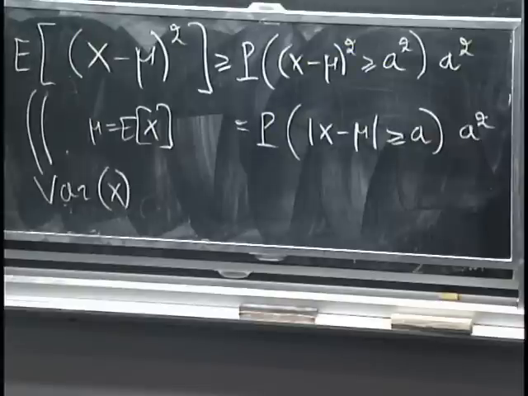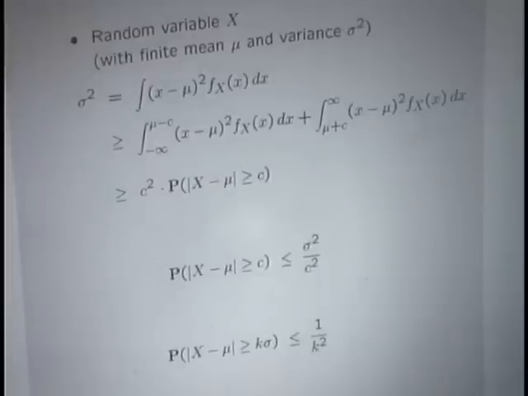So I derived this by applying the Markov inequality to this particular non-negative random variable, or just to reinforce perhaps the message and increase your confidence in this inequality, let's just look at the derivation once more, where I'm going to start from first principles, but use the same idea as the one that was used in the proof out here. Okay, so just for variety, now let's think of x as being a continuous random variable. The derivation is the same whether it's discrete or continuous.